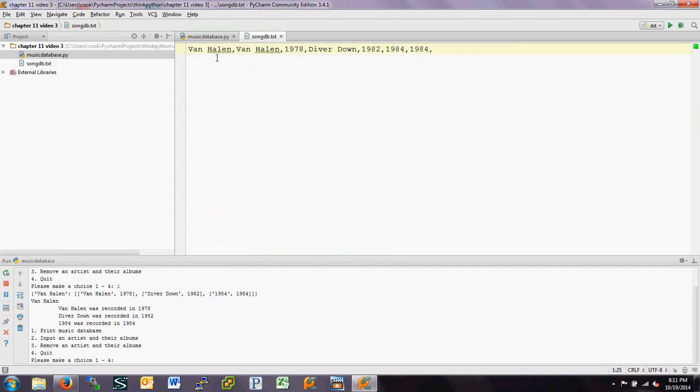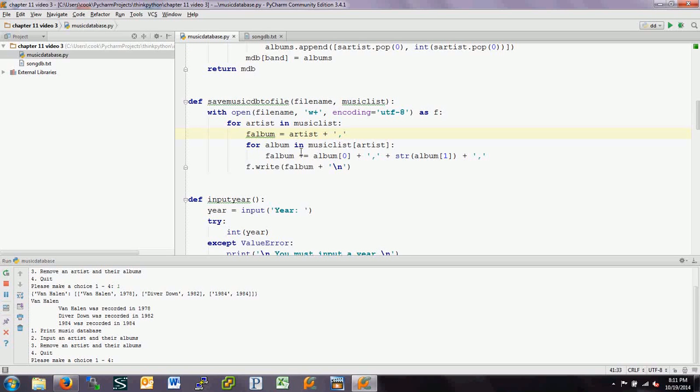So right now we have Van Halen, comma. Then, for album in music list artist, so music list is a dictionary. I go to artist, so I'm going to the dictionary entry for Van Halen in this case, and that dictionary entry is the stuff after the colon, so it's this list of albums. And for each album in that list, so I take one of these albums